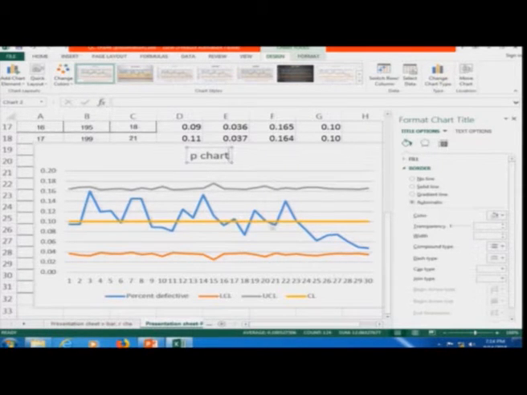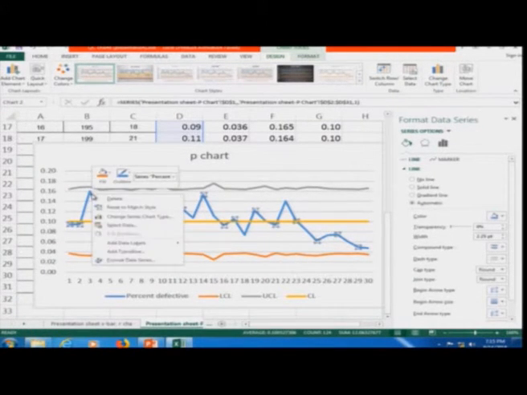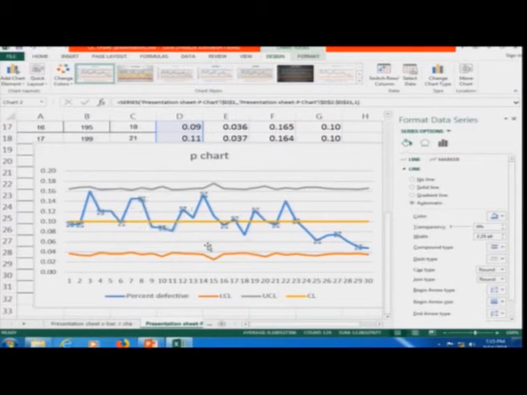You can see the whole process is in control. The quality is in control, the proportion defectives are there, but those are within these 3 sigma limits. If I reduce my sigma limits, it might get out of control, this value, that is the highest value, might get out of control. Let me add data labels. 0.16 is the maximum value and the minimum value is 0.05. So this was the P chart.